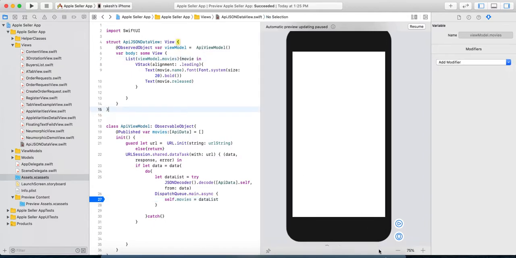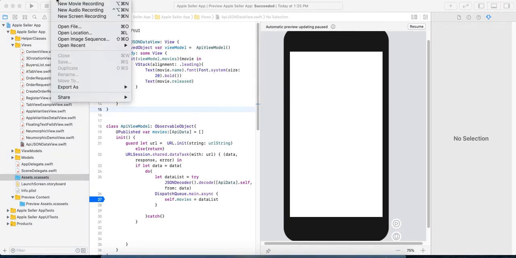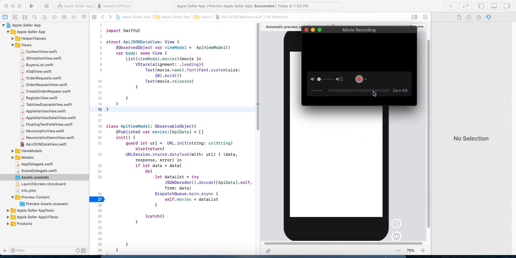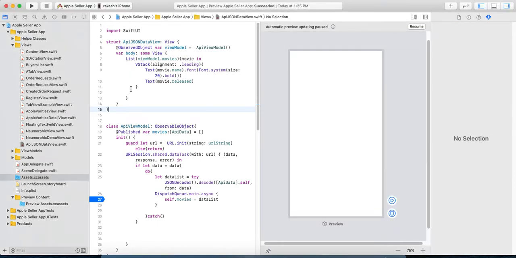Let me run this on my device. I have to connect my iPhone to run this. So now I have added it. Let's run this code.